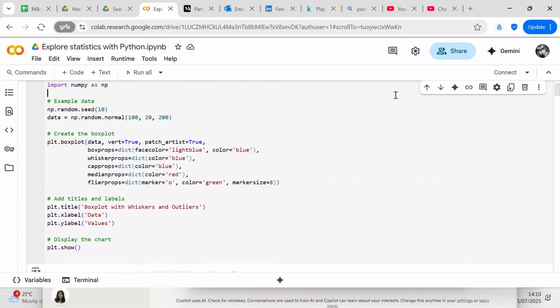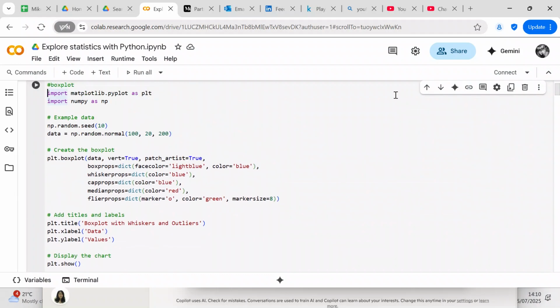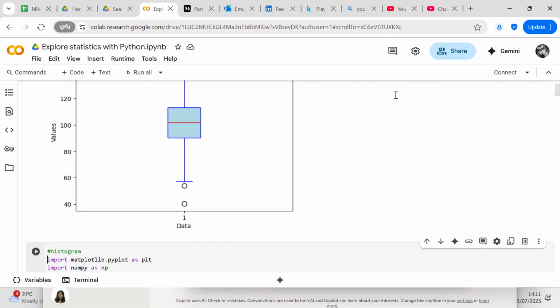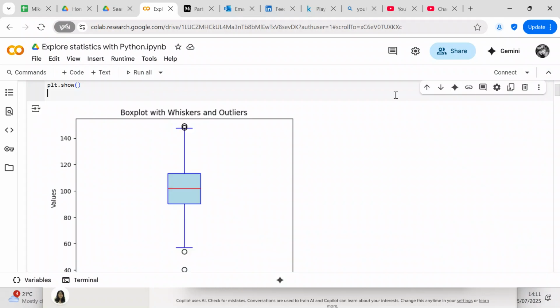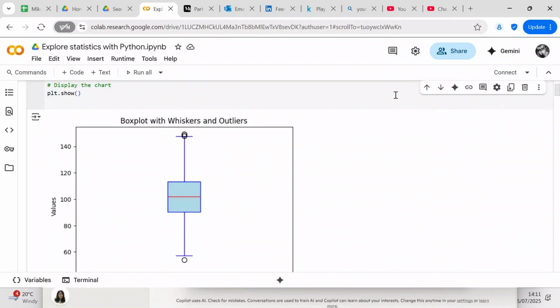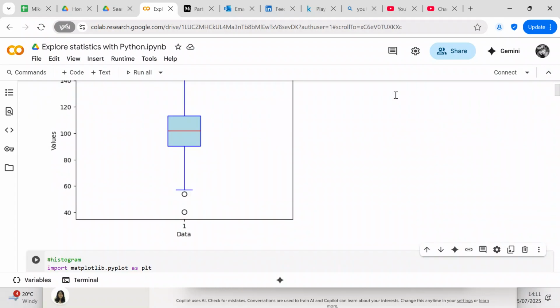We're going to come over here and look at our data again. The data is random numbers from 100 to 200, in increments of 20. And there's your box plot. So that's how you create a box plot in